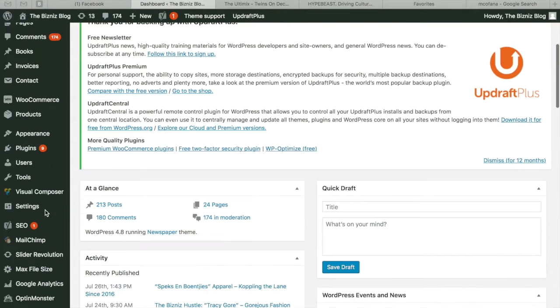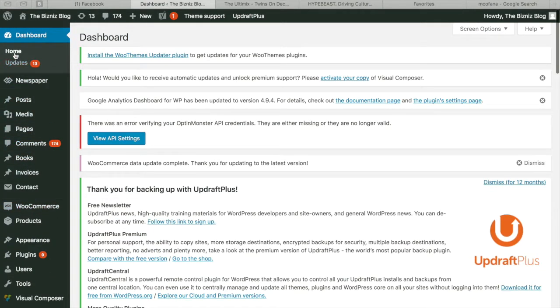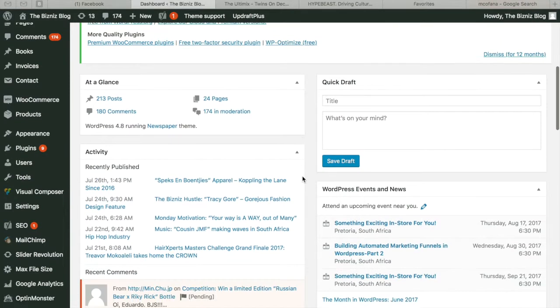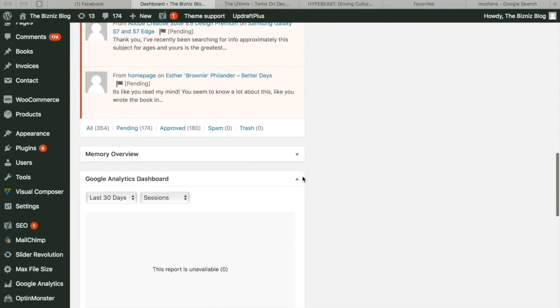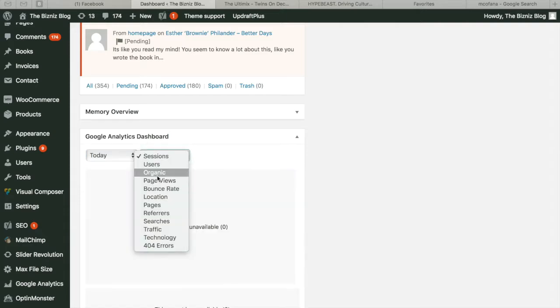It all looks fun and nice and clean on the outside, but on the back end, this is exactly what you see. On the left hand side, you'll see the menu bar where you can see all the posts, the media, the pages, the comments. But more essentially, what you as online editors are going to be using is the media to upload all the videos and content, and the post to add the actual content